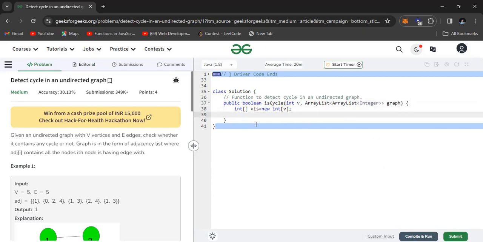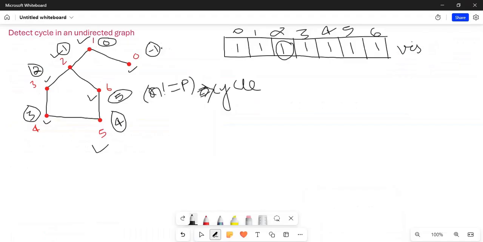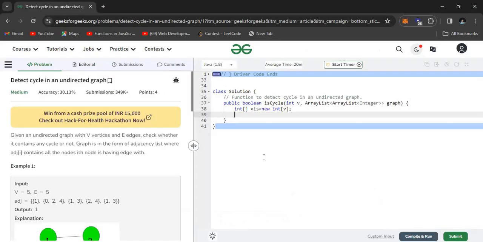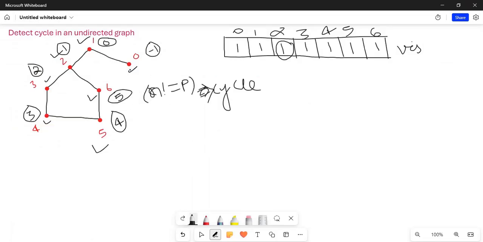You can start the DFS call from anywhere. But one more thing, you must try to start the DFS call from every vertex, because there may be many components in the graph.